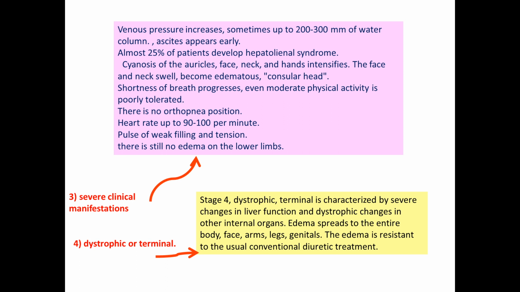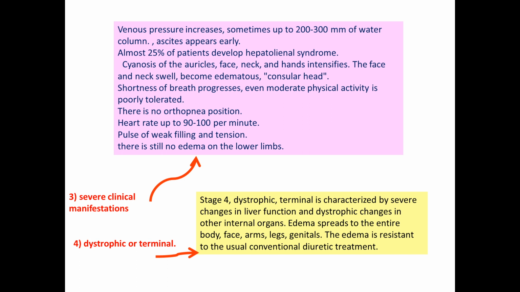Ascites appears early and hepatorenal syndrome may appear, as well as cyanosis and neck and face swelling, and progression of shortness of breath, but not in the orthopnea position. Heart rate increases and pulse may be weak, but there is still no edema on the lower limbs, whereas the dystrophic or terminal stage